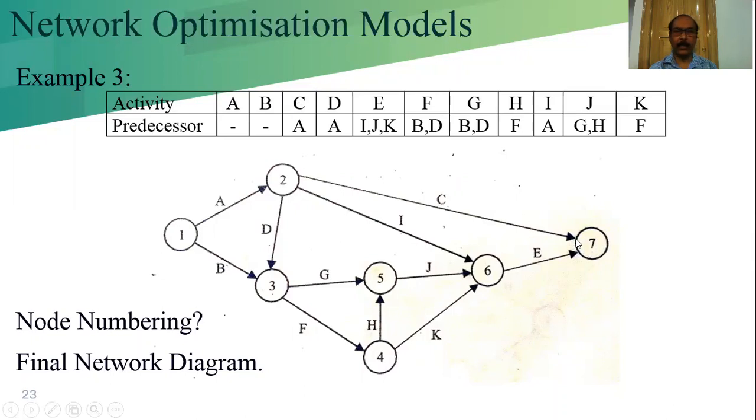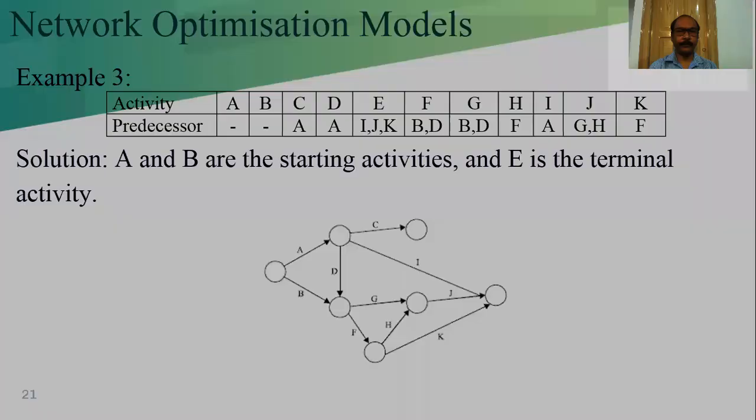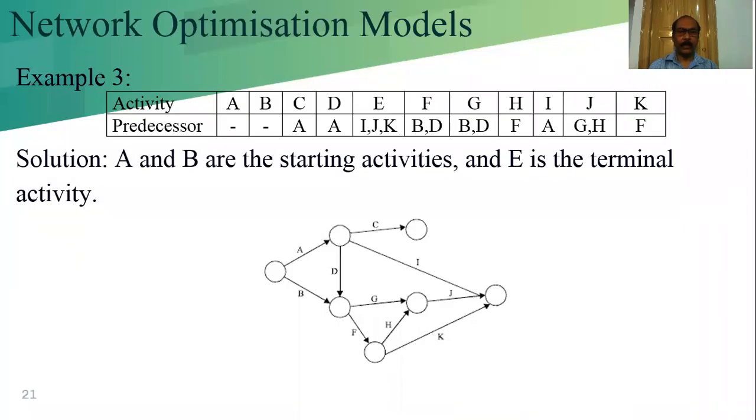C is from the A. Now this is complete. Now check one, C. See, in this case, we cannot conclude where the C will be. C and E both go to the terminal, that means the end node. C is not the predecessor of any activity. That's why we finish it separately, but finally we finish it at the end node. So C and E should reach the end node.